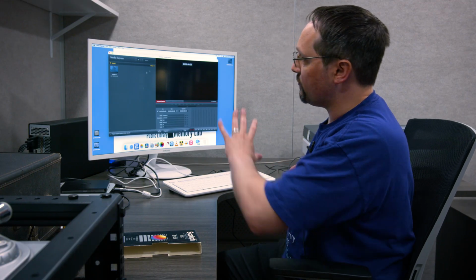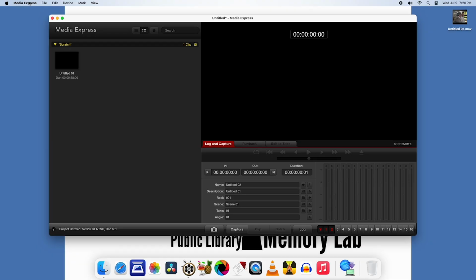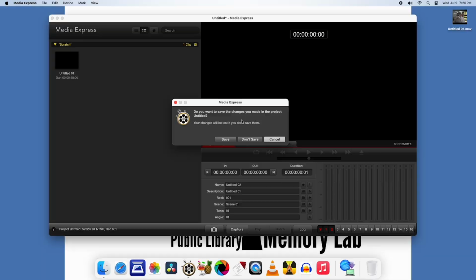So if we're not going to capture anything else, we can close the Media Express by going up to the name menu and hitting quit. When you quit Media Express, a little window is going to pop up and ask you if you want to save, and you're going to click Don't Save, because as I mentioned, it's already automatically saving as it's creating the file and capturing. So we click Don't Save, and then we can move on to the next software, which is